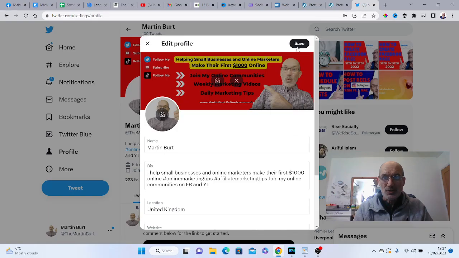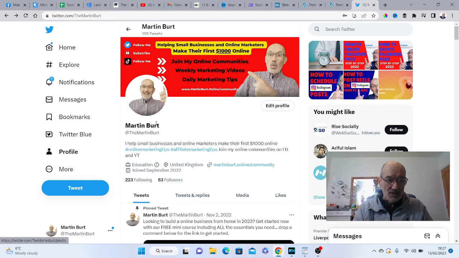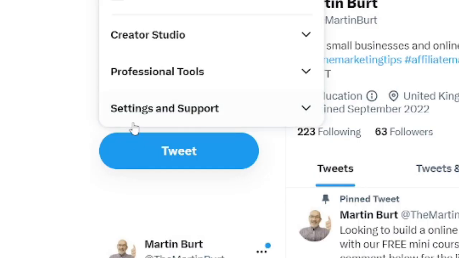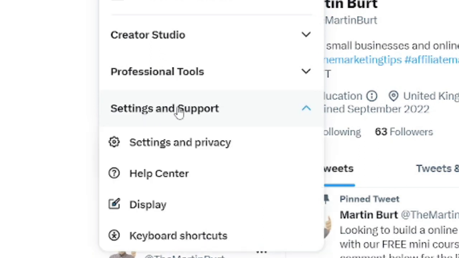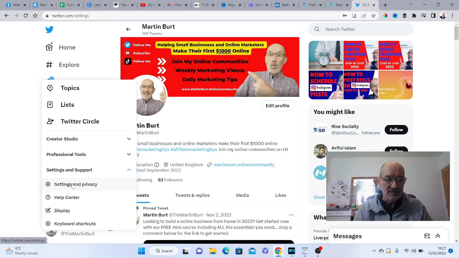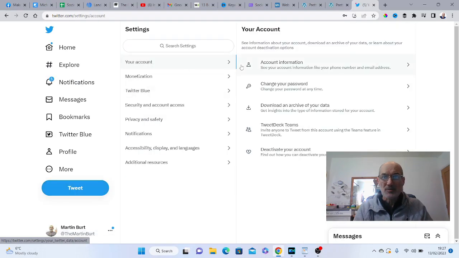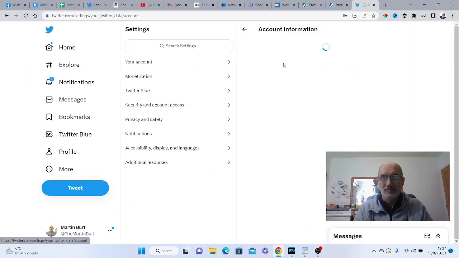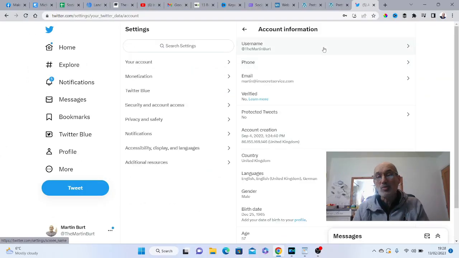So what you have to do, you come across to the More tab here, and then you click on Settings and Support, and then you also click on Settings and Privacy. Now this opens up this window here, and as you can see, the first one here says Account Information. Now you'd normally be prompted to put in your password into here, and then obviously you fill in your password,